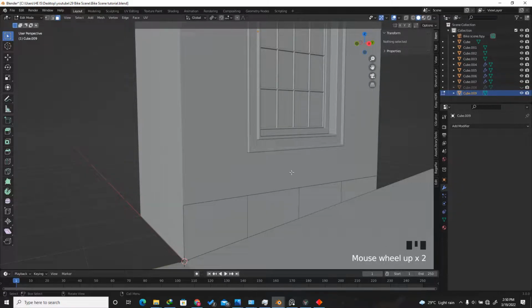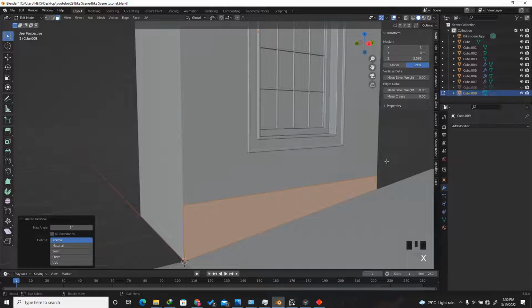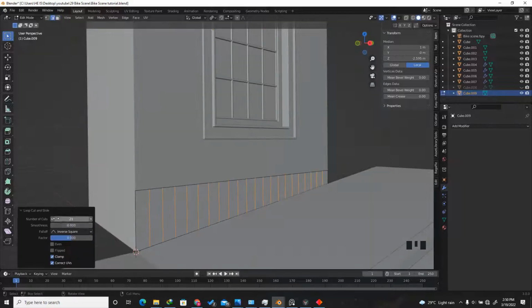To dissolve these subdivisions, what you have to do is press A and then press X and select this limited dissolve. As you can see, we don't have any edges in the middle. After this, I'm going to press Ctrl R, and I'm going to give it a subdivision like this. And also we have the property here, right here. As you can see, we can increase the number of cuts right here, but I'm going to give it 21